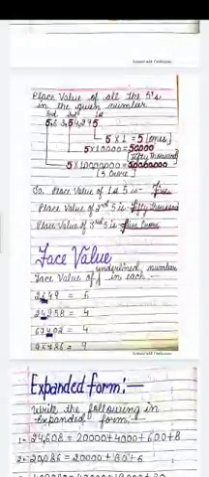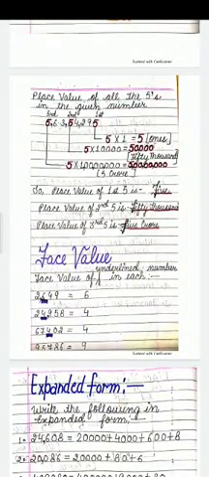So, let's see how to solve the place value questions. Place value of all the fives in the given number. So this is the given number. It's a huge number, right? So the number is as following: 5, 6, 3, 5, 4, 2, 9, 5. We will say it as 5 crore 63 lakh 54,295.